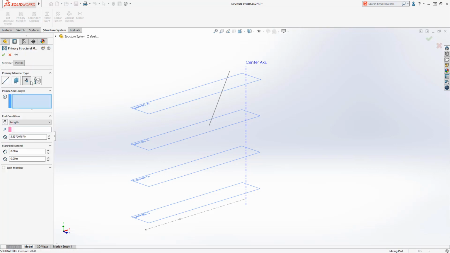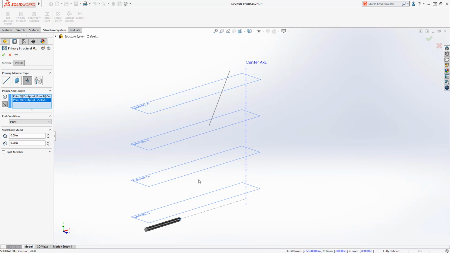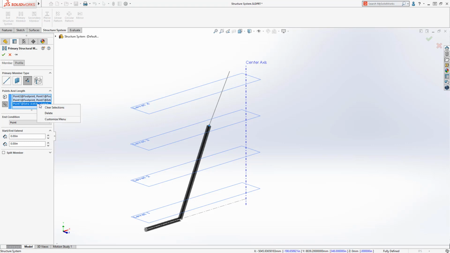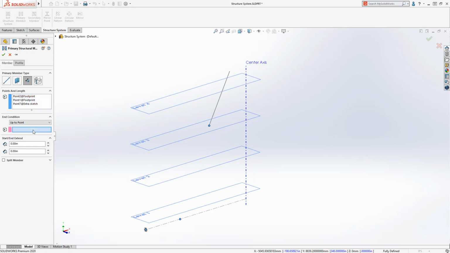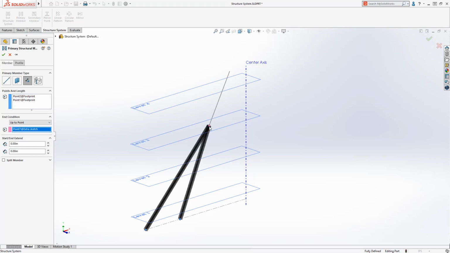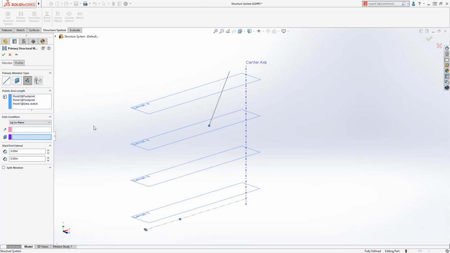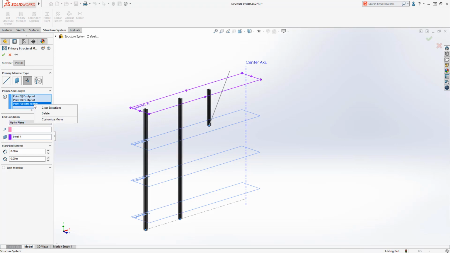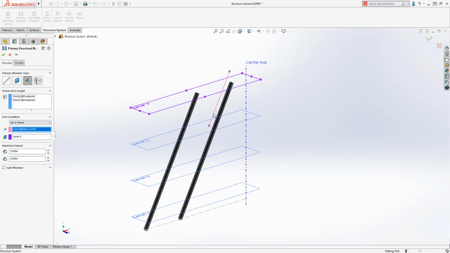Primary members can be created in a variety of ways, but now in SOLIDWORKS 2020, the point and length member definition has new options. Members can now be created between pairs of sketch points or chained together to create a series of members along a chain of points. The new up to point option allows you to create members that all converge at a single reference point, and the new up to plane option creates members that terminate at a selected plane. The member extrudes in the direction of the reference plane, or you can choose a sketch segment as a direction